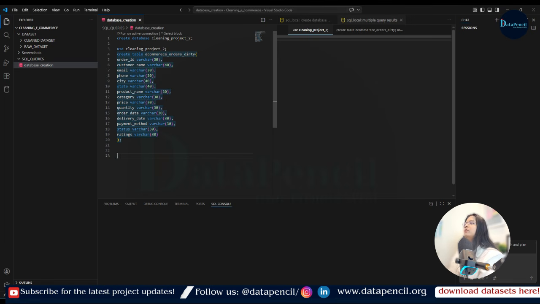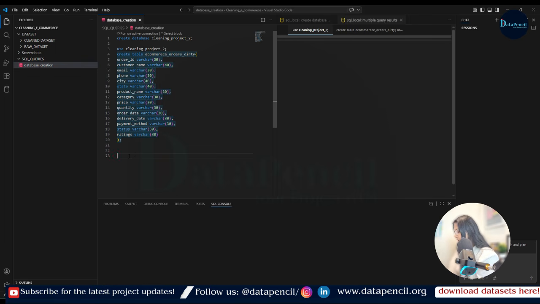Now in the next step we will create the clean table. Okay, and then we will do whatever changes we have to do in that clean table, so that our source table, which is a raw data set, will not get spoiled. Source must not get spoiled. So for that we have to copy all these values in a clean table, and for that